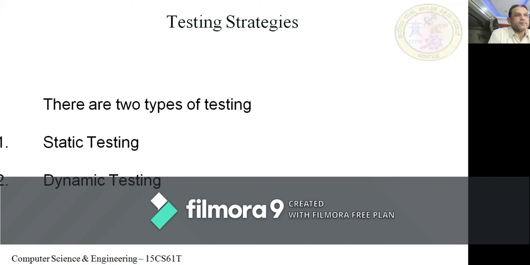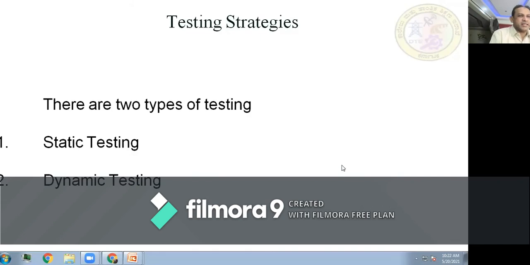Static testing is done manually. Yes, the testing which is done manually is called static testing. Then what is dynamic testing? Dynamic testing is done like Java or C, where you write a code and you get an output for that. It is executed. The testing done by executing a program, we call dynamic testing. Without executing, we do testing, we call that static testing. While executing the program and doing testing, we call that dynamic testing. Is it clear? So these are the 2 types of testing.